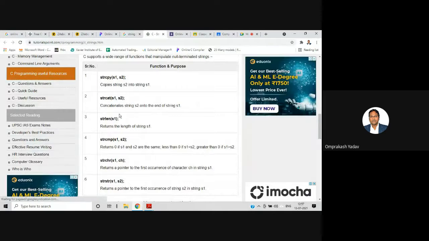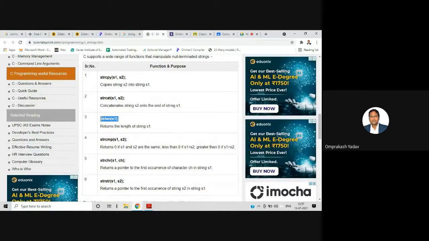Let's see the strlen function. Now the strcmp function and strcmpi function I have explained, and what output they give. So let's see the strlen function, then strcat and strcpy. In the exam, the question may be asked to explain with the help of examples the different inbuilt functions of the string, so you need to explain all these functions. Okay, let's see the strlen function now.